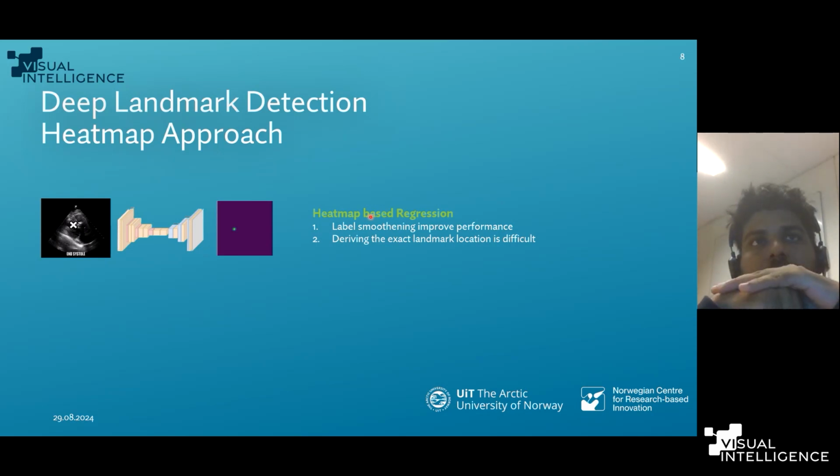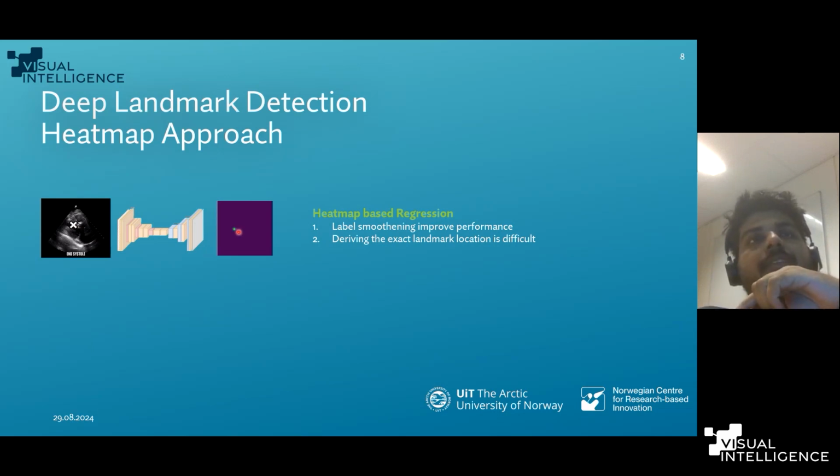A little bit about the heat map based regression: whenever we try to do regression of the heat maps with the ground truth annotations, generally to improve the performance of the U-Net, label smoothing is done. So basically, it is common knowledge in landmark detection based learning that whenever we perform some sort of label smoothing,